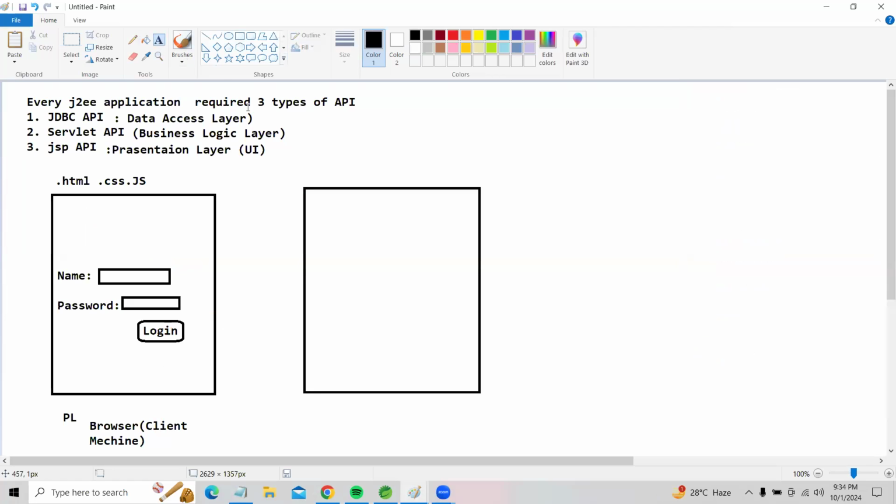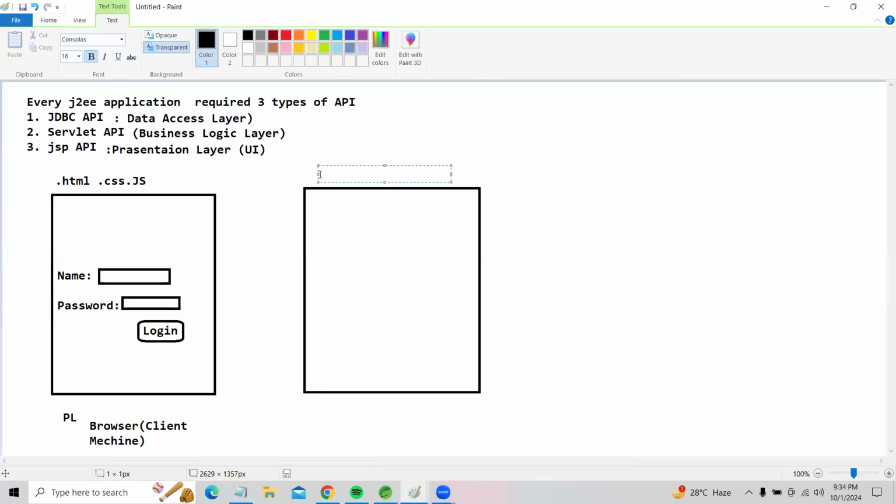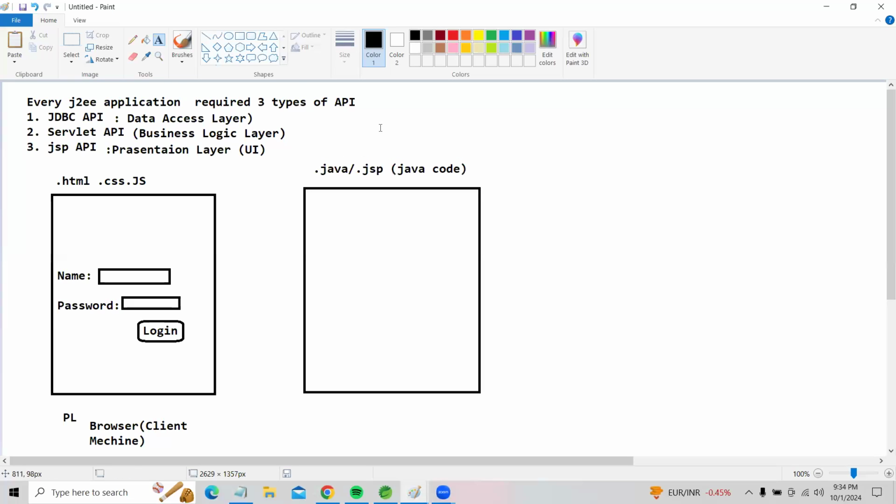We are going to implement this business logic layer with a .java file or .jsp file. Here we are using pure Java code for business logic purpose only. But HTML and CSS are nothing but our designing code.